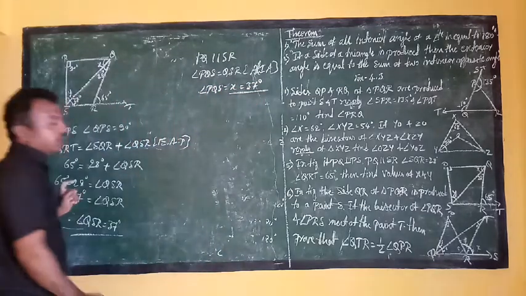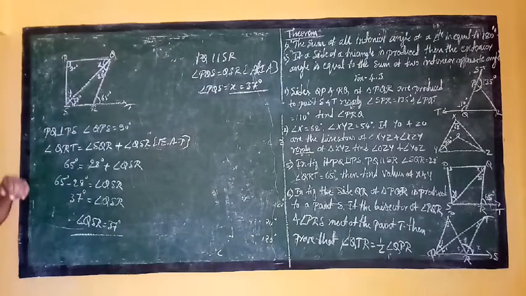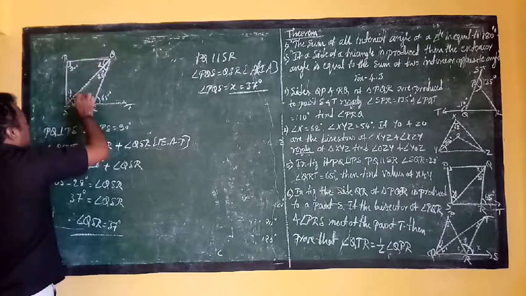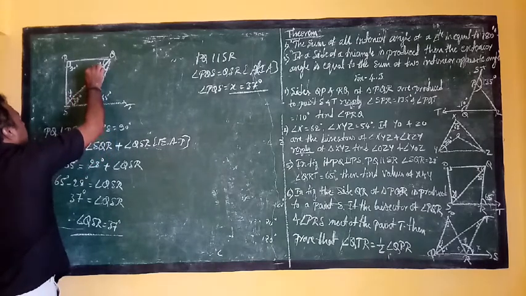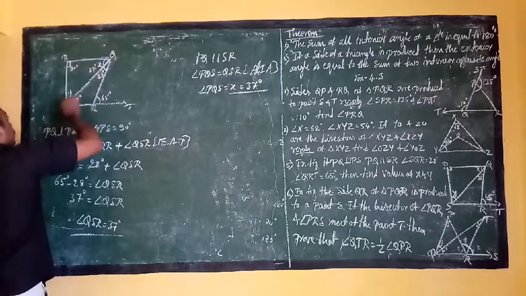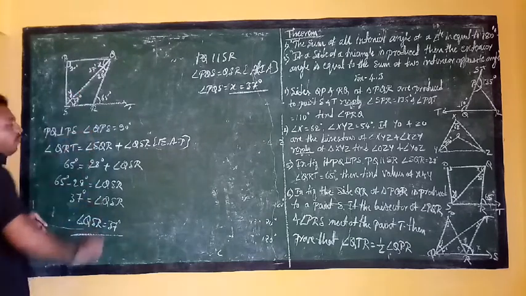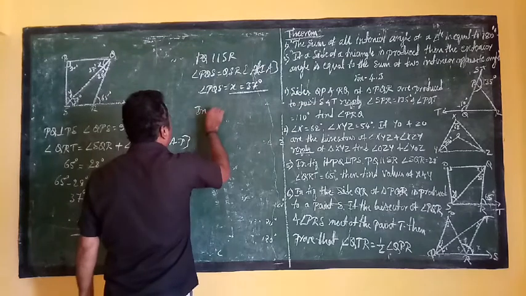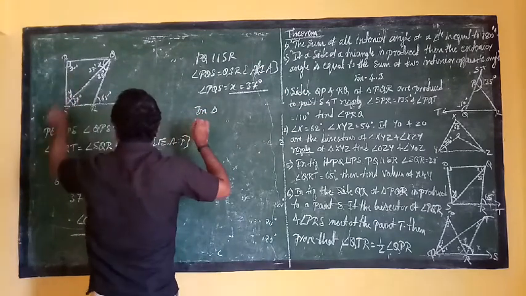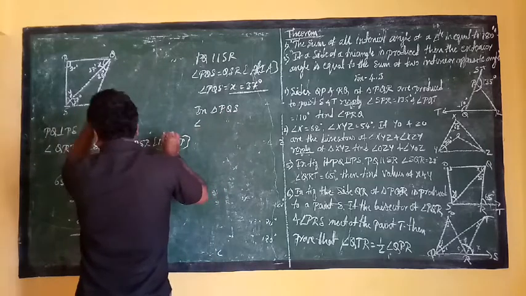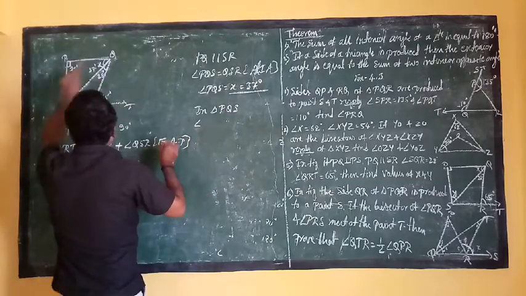So X we have calculated. So remaining is Y. Okay. See here, this is 37 degrees, so therefore this is also 37 degrees. That X is also 37 degrees. See PQS, if you are considering this angle, so for Y, which property do we use to find it? Yes, angle sum property. Yes, in triangle PQS, in that angle PQS